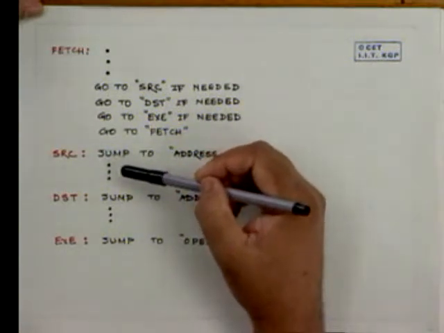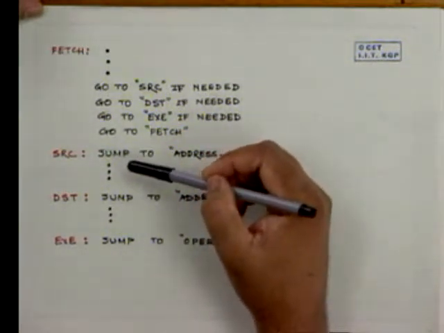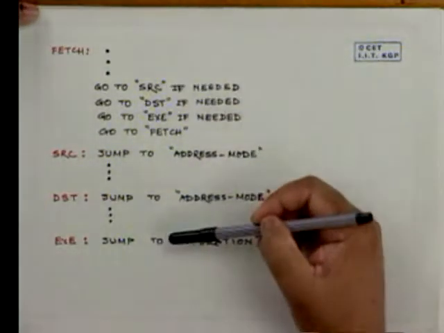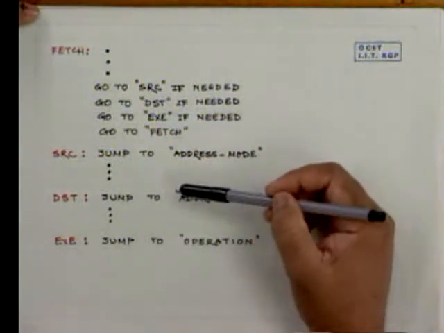Generally, in the micro instructions or microprograms, not more than one level of subroutine jumps are allowed. Okay, because the subroutine jumps, as we have seen in general programming, take time, and we cannot afford to lose much time in the case of microprograms, because the more you lose time, the slower will be the